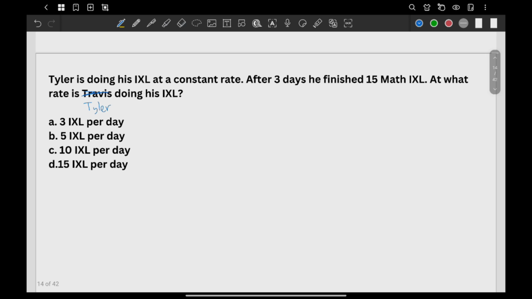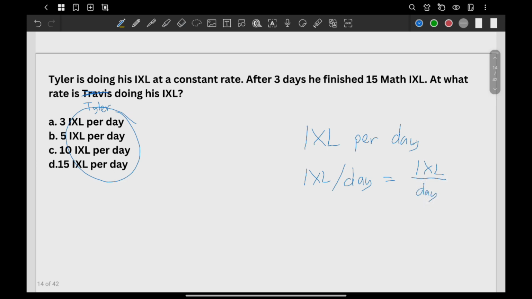Also, sir, how will I know the formula here? How will I know what to do? Actually, the solution is already in the choices, in the answers. The units of your answers is IXL per day. Actually, this can also be written as IXL per day. This is how we sometimes write the word per, right? Isn't it that one also looks like IXL over day?